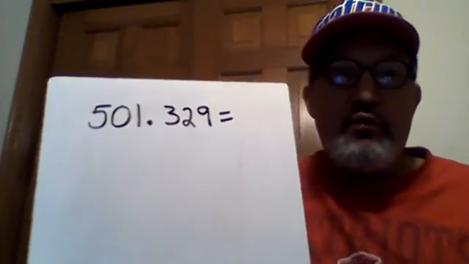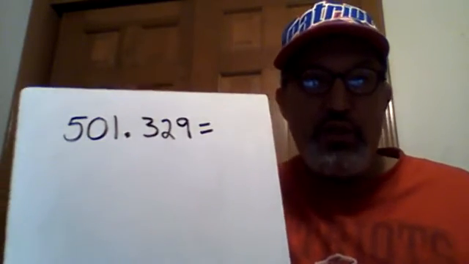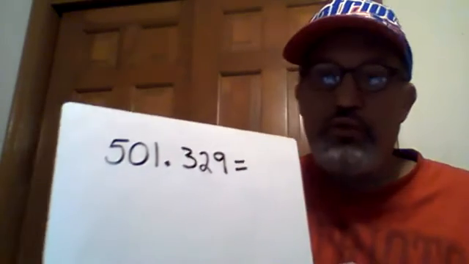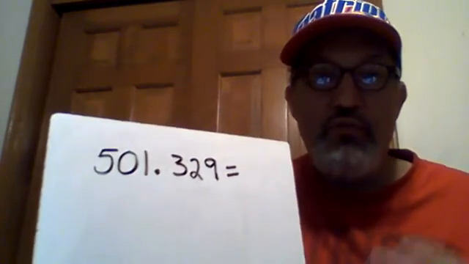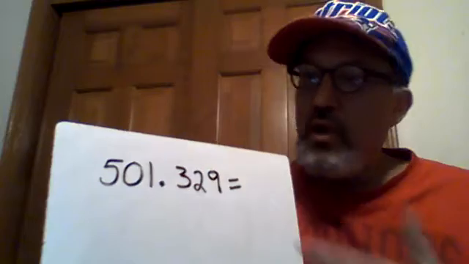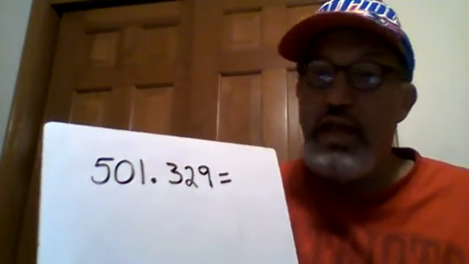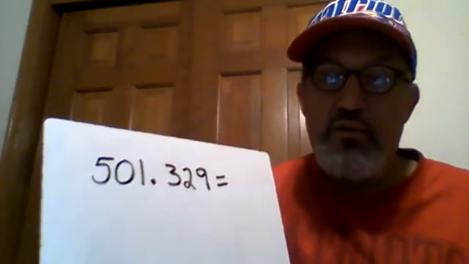Along the same lines of what we just looked at with the place values, including the negative powers of 10, we can write what's called a decimal expansion of any number in decimal form. This number, 501.329, or 501 and 329 thousandths, can be thought of this way. It's 5 times 10 squared, that's 500,